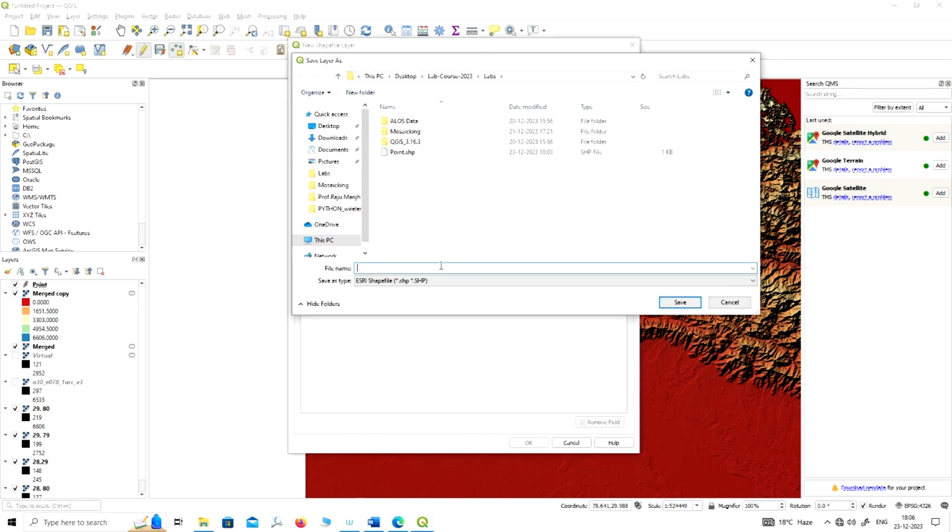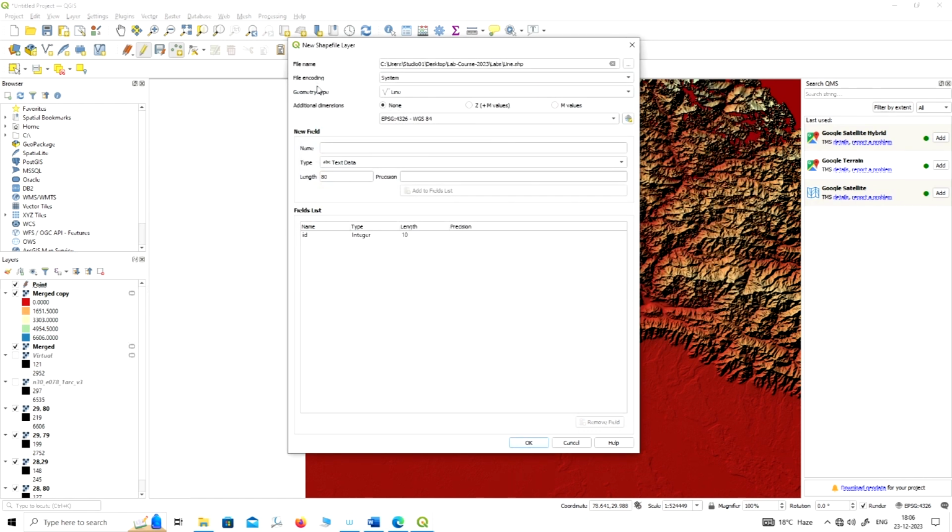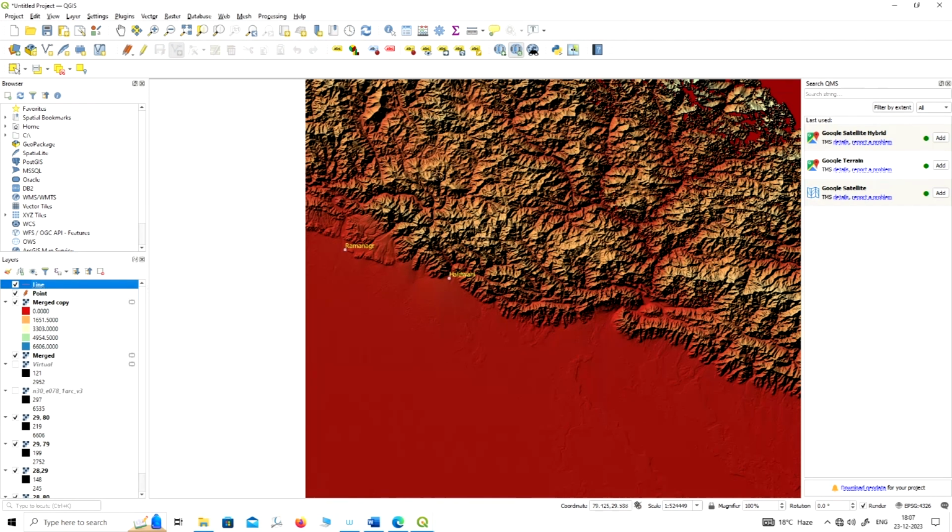So I will just give the name line, and from the geometry type you have to choose the line option, and you have to also choose the coordinate reference system, which is WGS 84, 4326 projection code, and you just click on OK. So now on the layer panel you can see that one layer has been added, that is line,